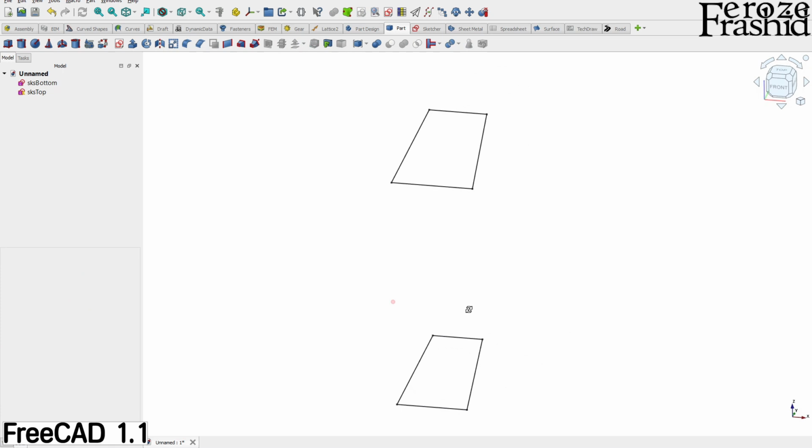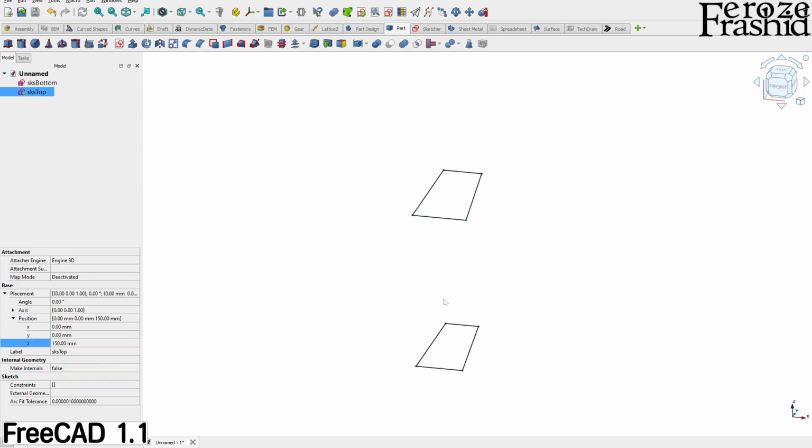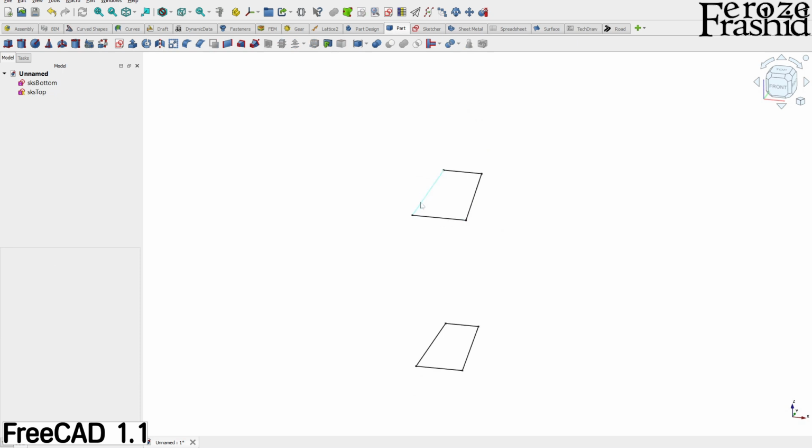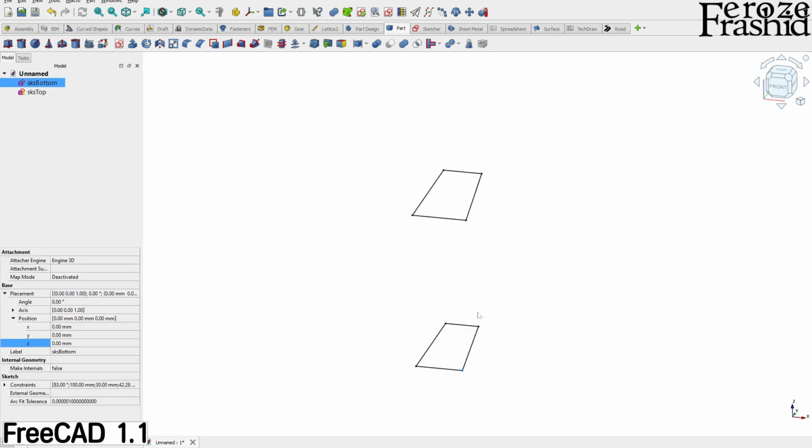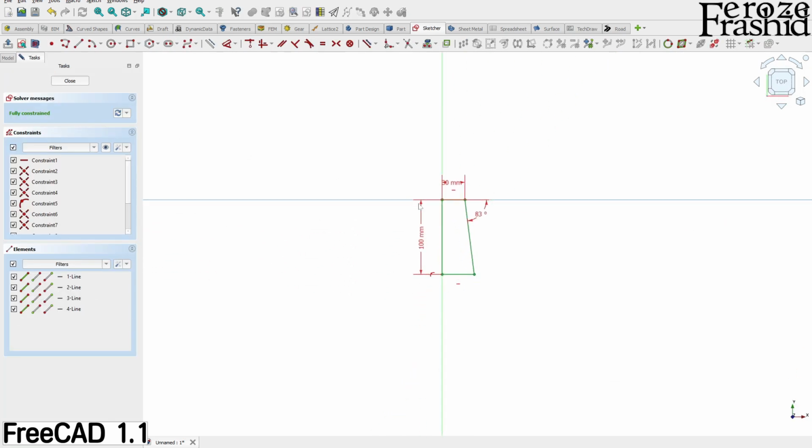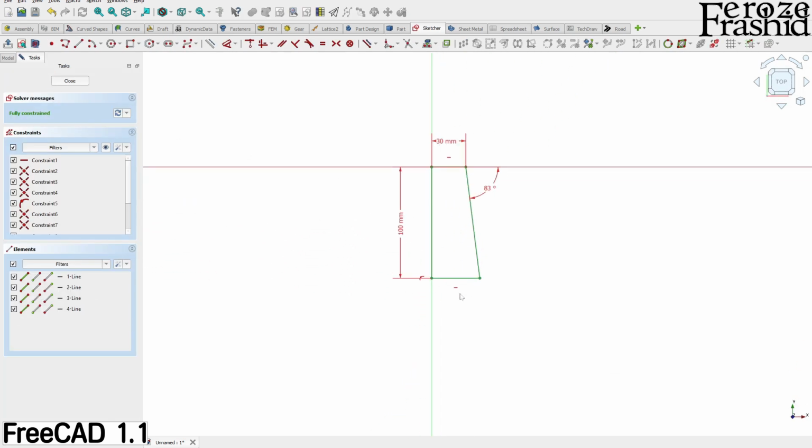Okay, so we know that this point will come out further for more the height. So the more the height, the longer this edge will be. That's the relationship, because there is the inclination between this point and this point. I want to go back to the bottom sketch and see here we had this edge calculated from 3 other